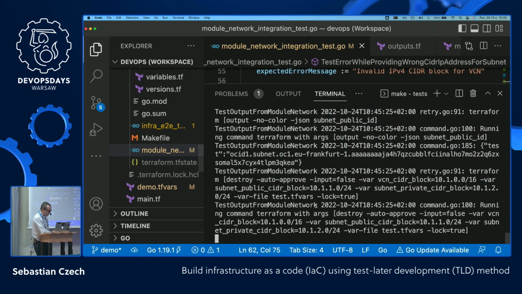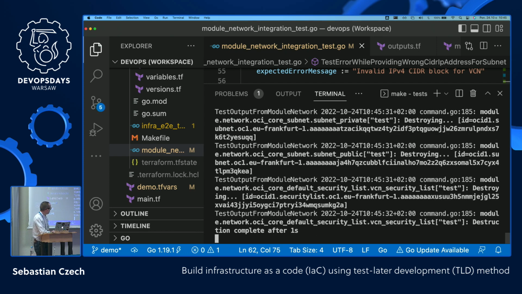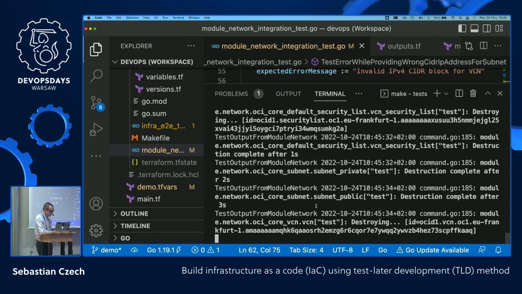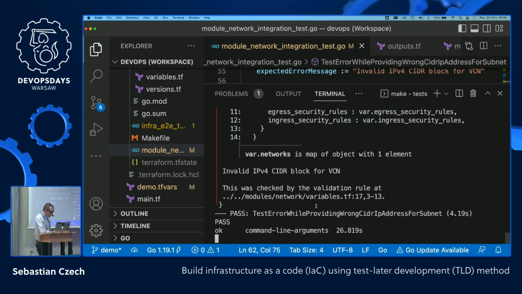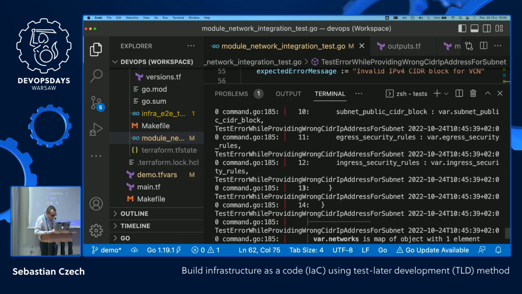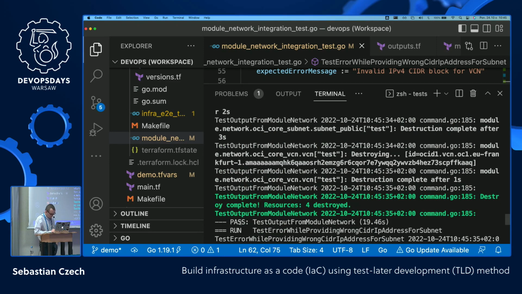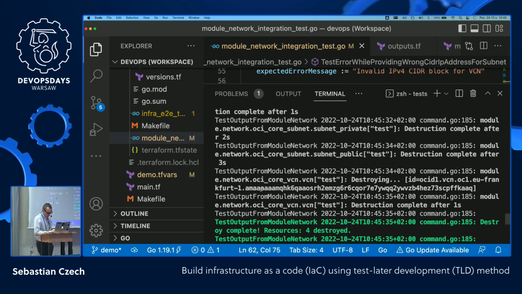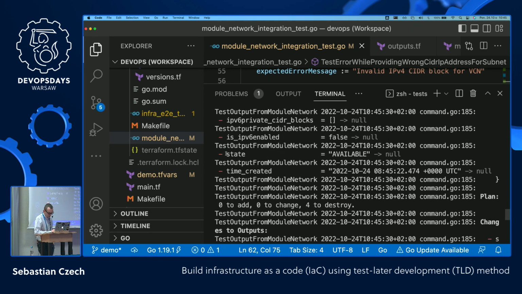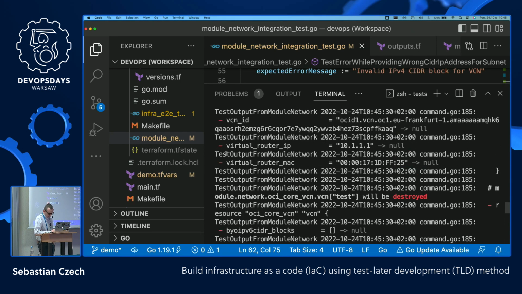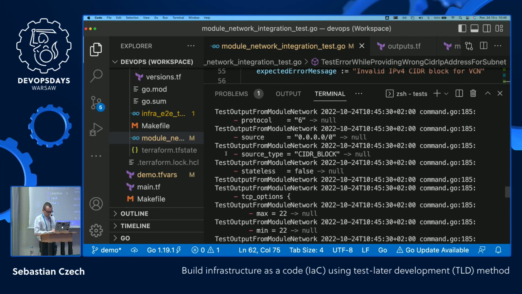And immediately after creating that simple module, Terratest will destroy that infrastructure. Let's wait only for a moment, and then let's move to testing the happy path. So the happy path is also successful. We see the destruction of the resources, and a little bit up we should see also